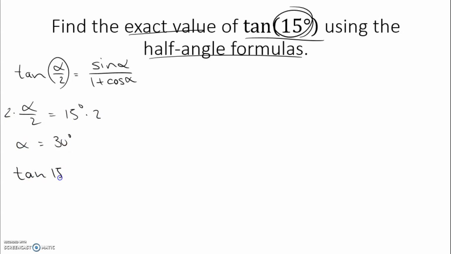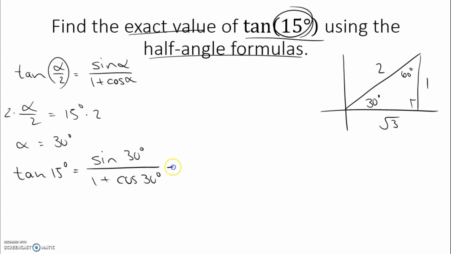So tangent of 15 is equal to sine of 30 divided by 1 plus cosine of 30. Okay, so sine of 30 is going